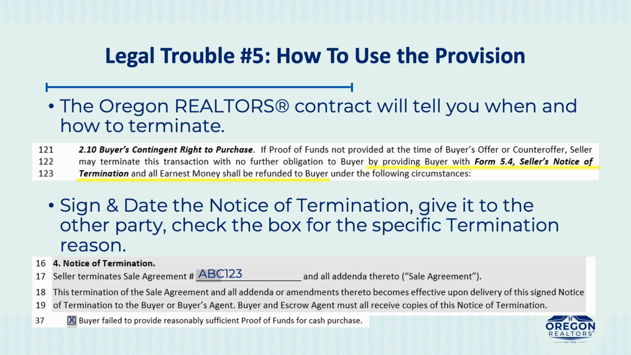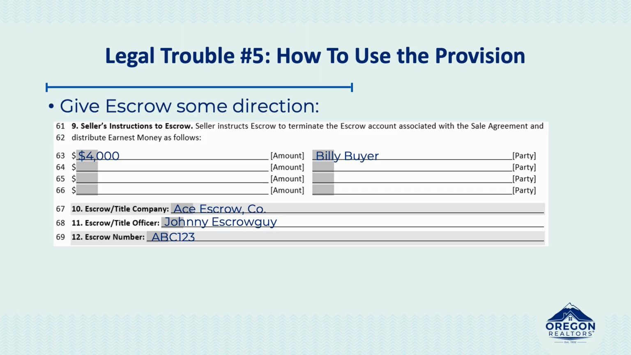And then you would send a seller's notice of termination. You would specify the buyer failed to provide proof of funds. You would check the box that provides exactly the reason for it. So you would sign and date the notice of termination, give it to the other party, and check your reason for that termination. You have to give escrow some details, so escrow needs to know when you terminate,